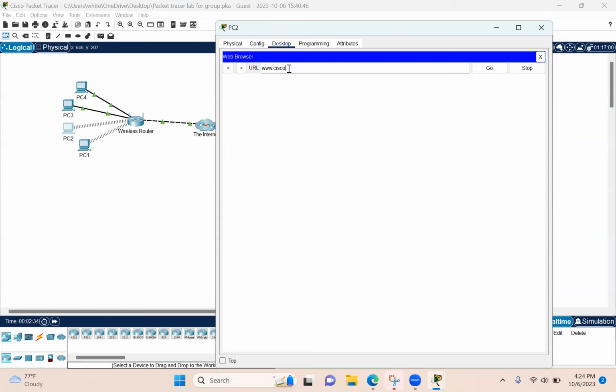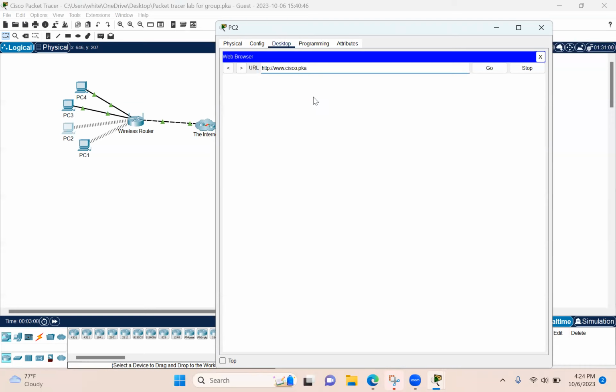I cannot type .pka, right? Cisco.pka. And we're going to try to go there. Okay, and the other one did take a minute, so we're gonna give this one a minute too, just to see if we could get a connection to the internet. We're looking to get to that website,